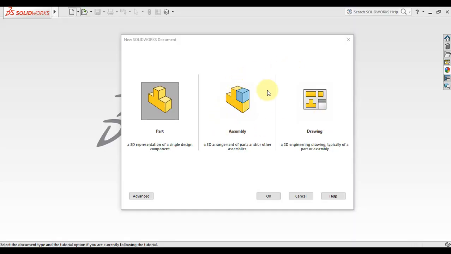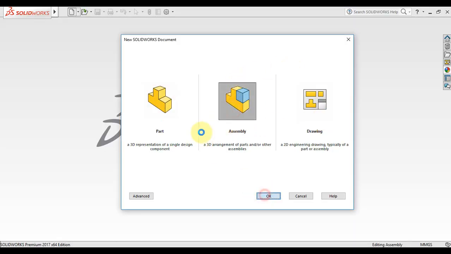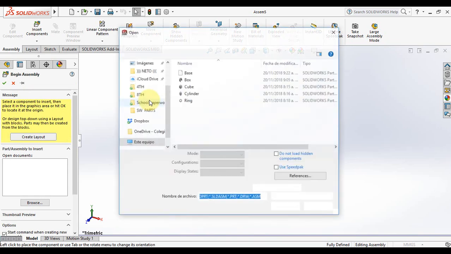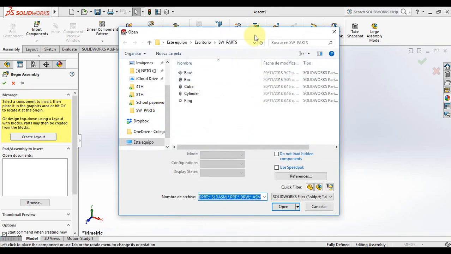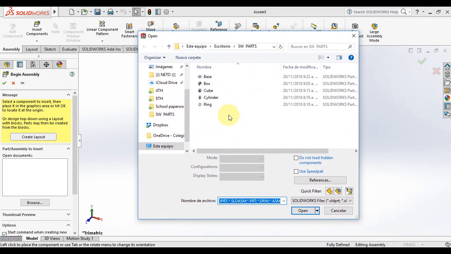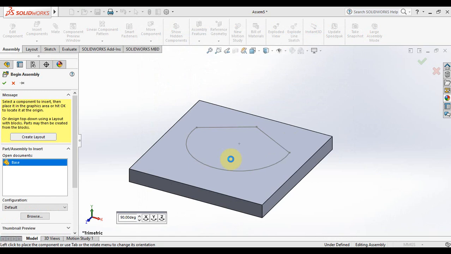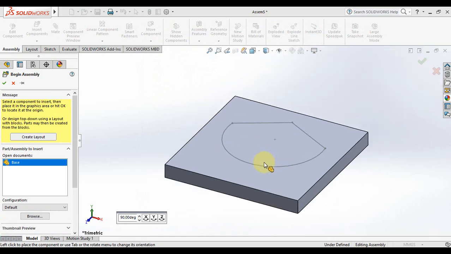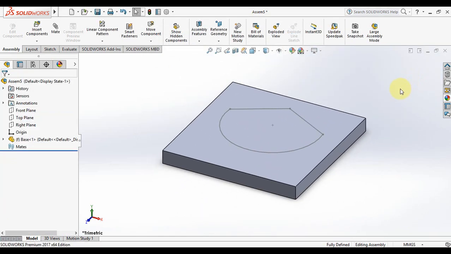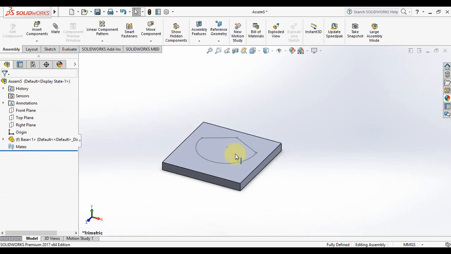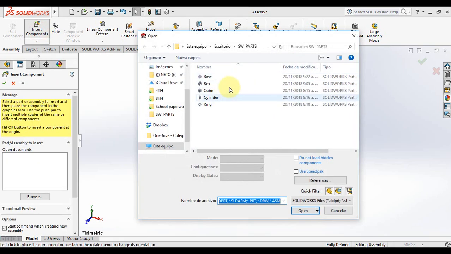Okay guys, this video will be the first part of advanced mates because they are a little bit more complicated. So I'm gonna start here with another assembly. As you can see, I have multiple parts here, and I just created a part called base, which is basically a table, and it will be the base of my assembly. So remember, the base or the first part that you insert into the assembly will not move, so it will remain like this always. So in order to make some mates, we need to insert another component,